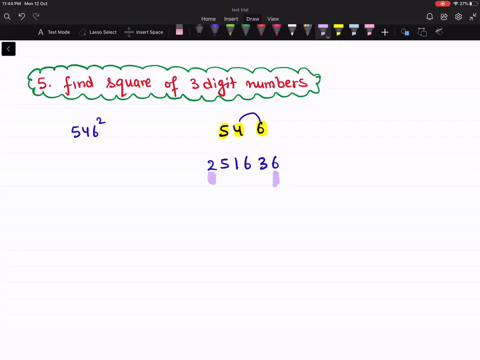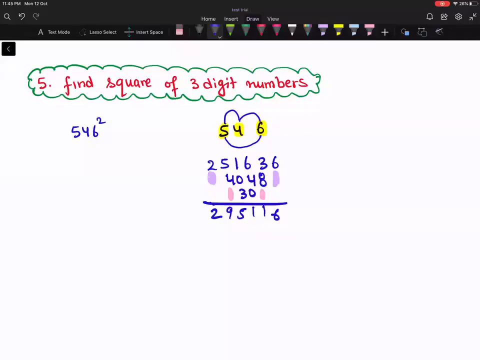And now you do the multiplications again. So 4 6 are 24 and twice of that, that is 48. 4 5 are 20, twice of that, that is 40. And then the last one will be these two numbers, that is 5 6 are 30, right? But before that again you leave the blank, you have to write them in the center only. So that number is 30, and then you add them, you'll get your answer.